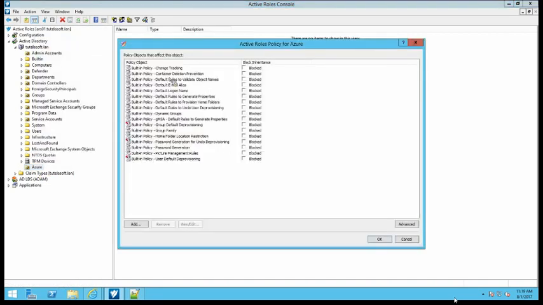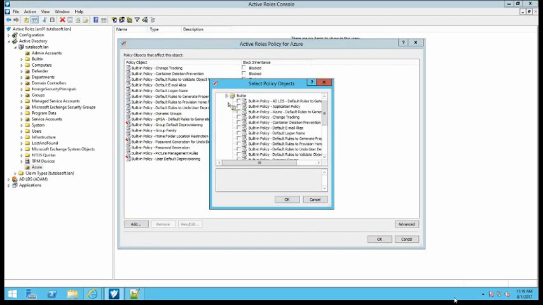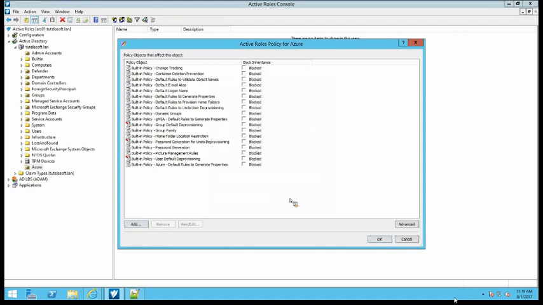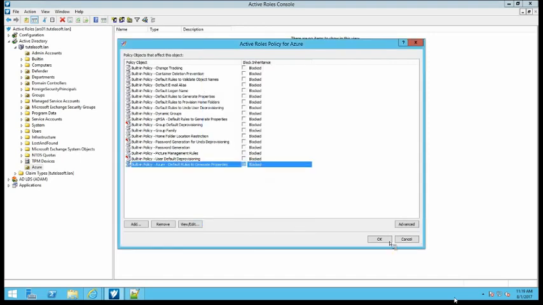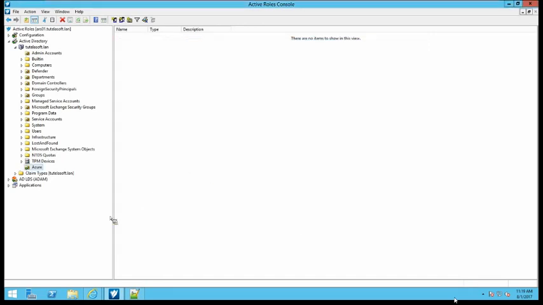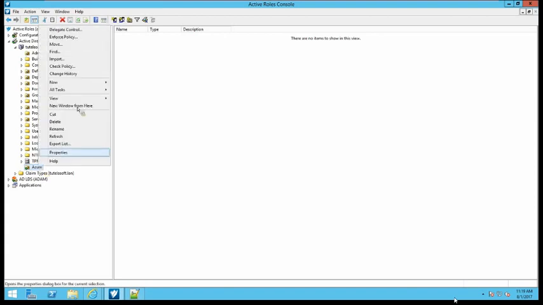Inside of, we see what's been enforced on the directory. Inside of 7.1, we have a new policy that we can enforce here. And again, this is just a standard Active Roles policy, but it's right here: Azure default rules to generate properties. And you can do any of the things that you're already familiar with inside of Active Roles in order to enforce naming standards or conventions. If you want to take a look here, we can see it's generating a bunch of individual properties. And then there's one other thing I want to do here, and that's I want to add a specific